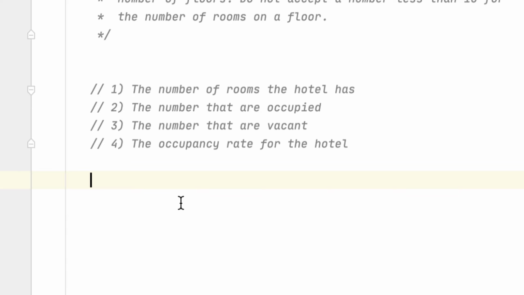The program also requires us to validate the number of floors. You are not allowed to enter a negative number or a 0. They say do not accept a number less than 1 for the number of floors the hotel has, and also do not accept a number less than 10 for the number of rooms each floor has. So first we create a Scanner class